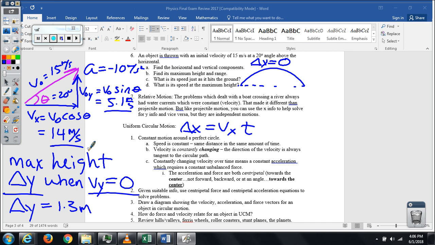So you could now use y information to find the time by saying that this is v initial y, the acceleration is -10, and delta y is 0. So you could use the equation that doesn't have v final in it and solve for time. That's one option. The other option is